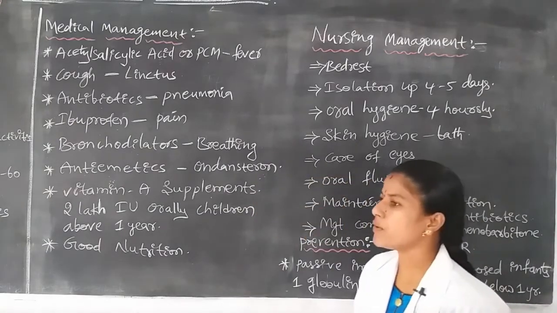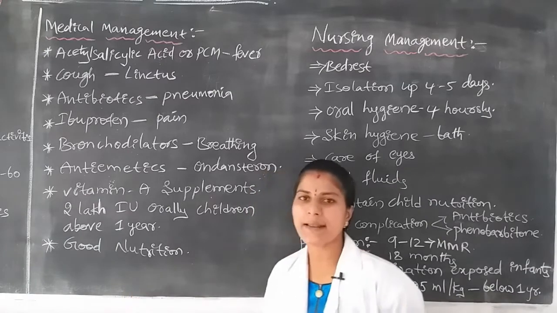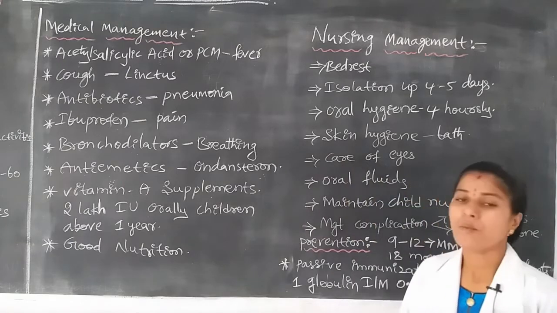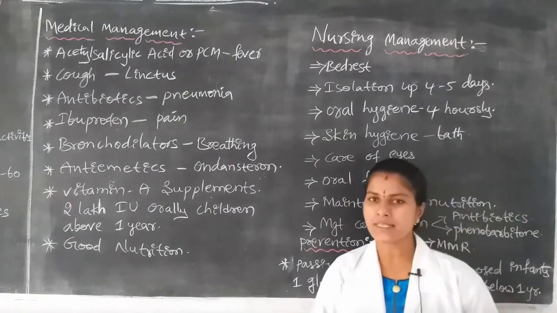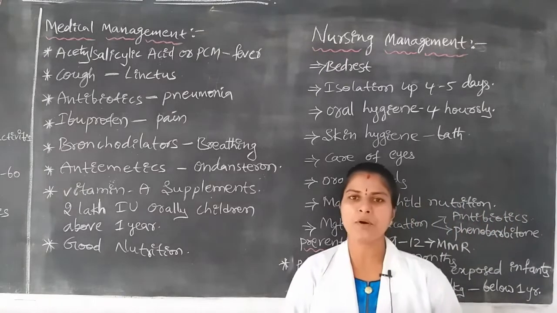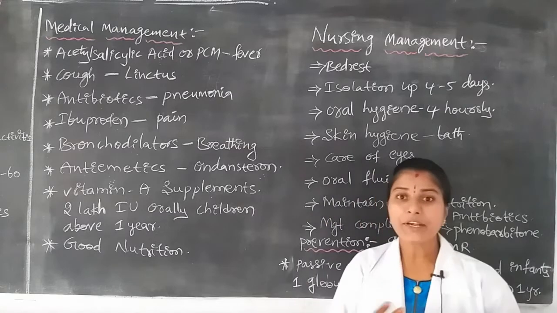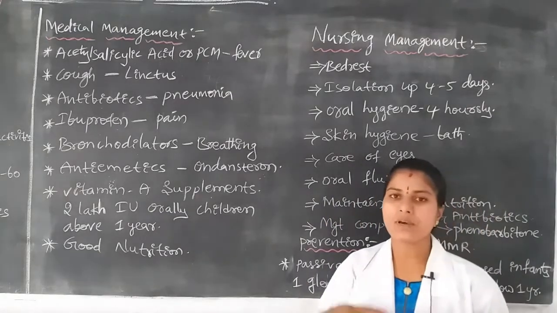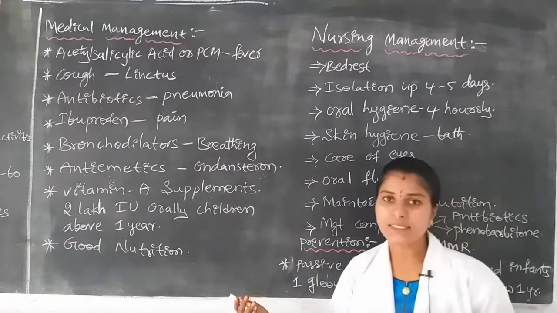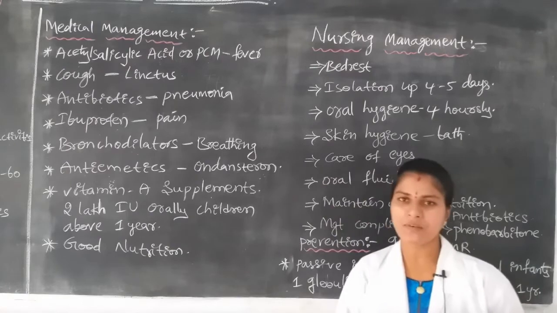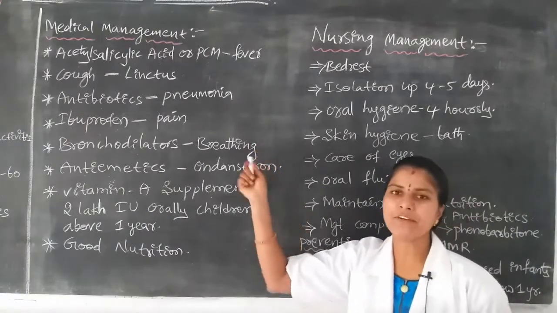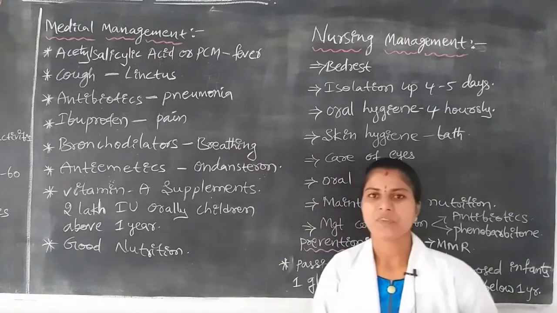Next, we have to give good nutrition to the children for improving their nutritional status. Why? Because of malnutrition, protein energy malnutrition. Children who are suffering with deficiency in proteins or carbohydrates, or whose nutritive value is low, are easily at risk for measles. For control of risk in the measles disease condition, we have to provide good nutrition to the children. This is regarding medical management for the children who are suffering with measles.